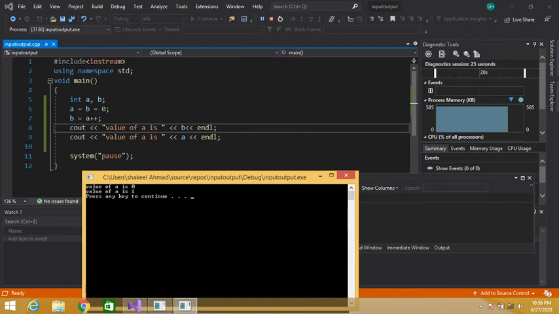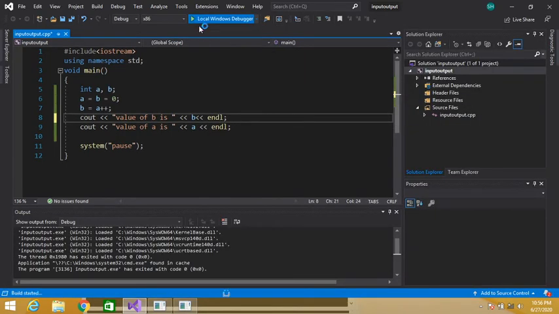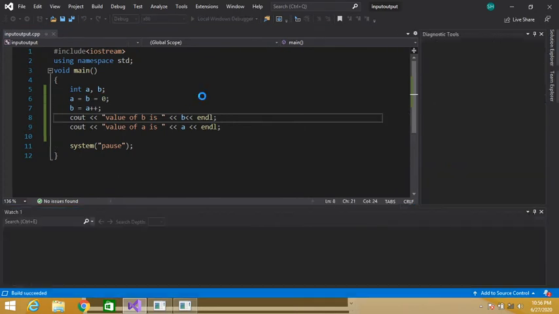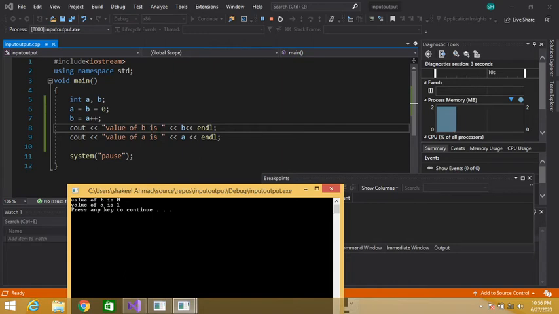So see the value of b. The value of b is 0.